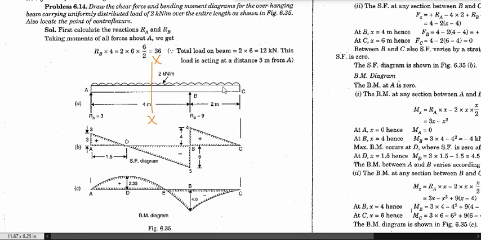Okay, now since this is the load that has been applied over this section, having a rate of 2 kilonewton per meter, and we know that the shear force is linear, it will have a value of Wx. So at this point it will have a value of 4, because 2 times 2 gives you 4. Okay, and you know that the reaction over here is 9. So 4 minus 9 will give you -5. Okay, so you will come at this point.